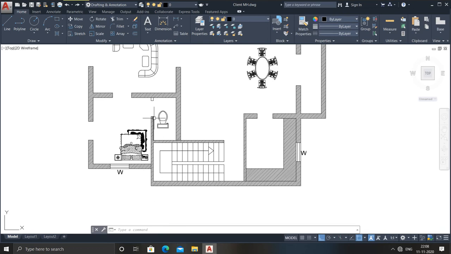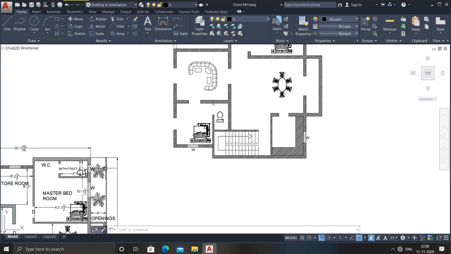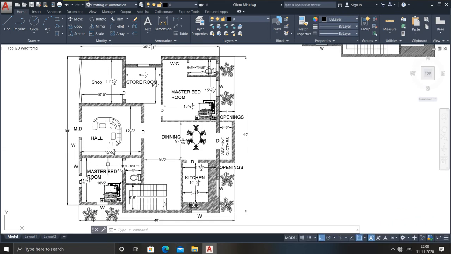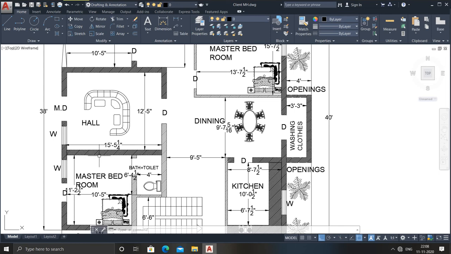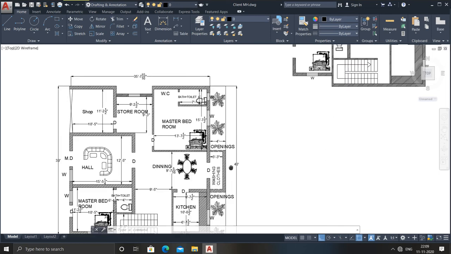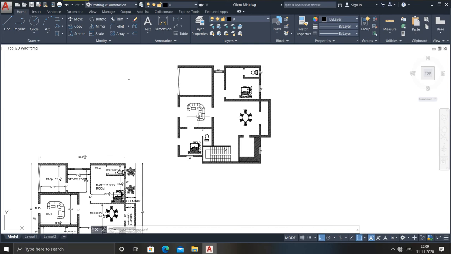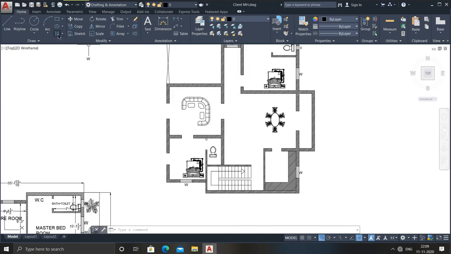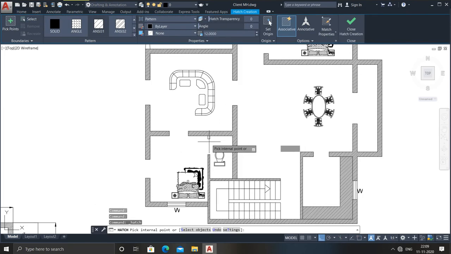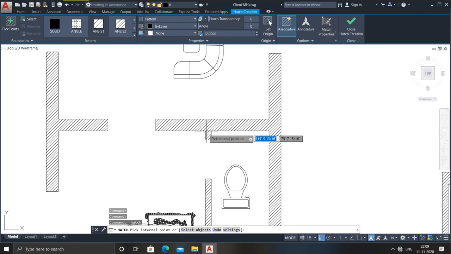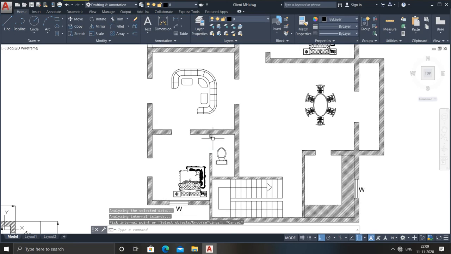So by seeing this you may have some confusion that here it did not place any type of doors, right? So this is some changes and that is very good for you. So here what I need to do, again go for the hatching, I have missed it here. You do not miss it, just escape it.